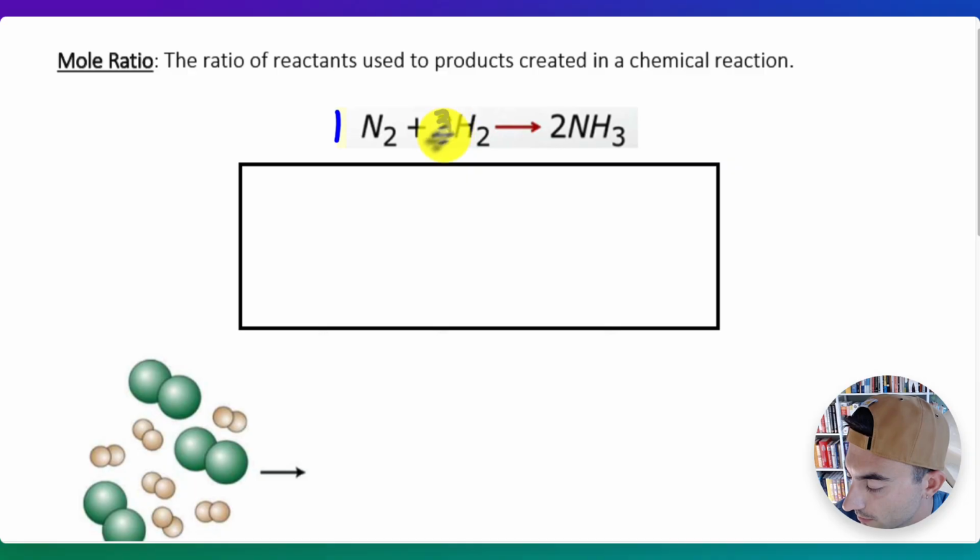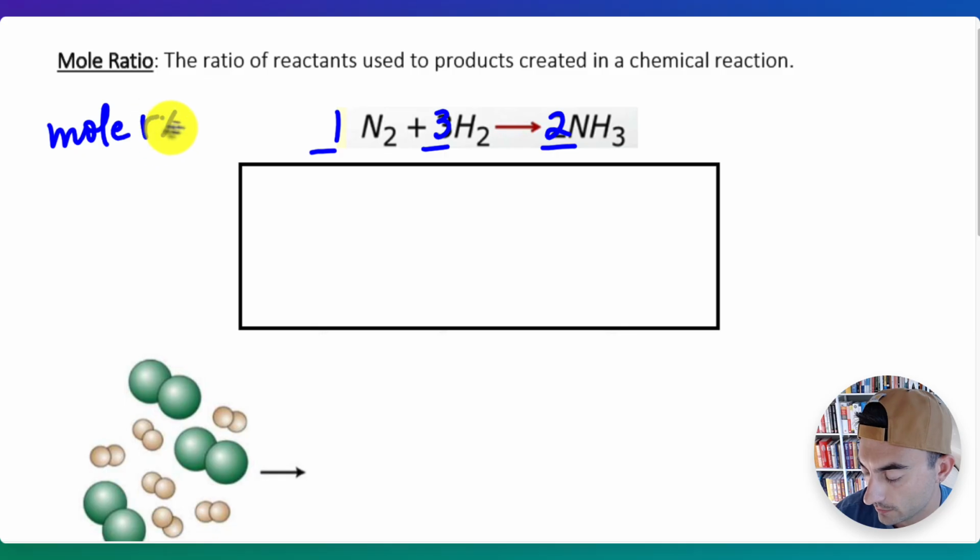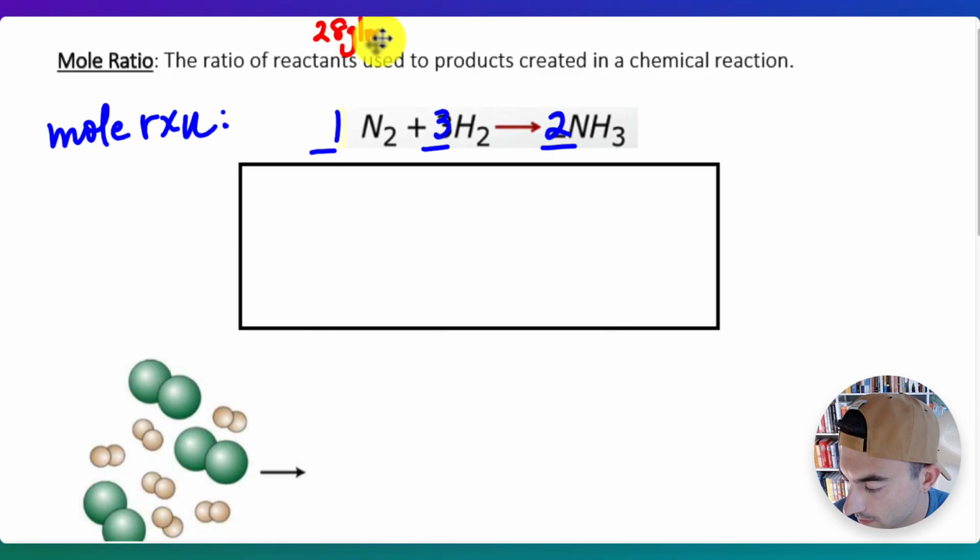Again, the first thing to do is to make sure you properly write out your chemical equation and then balance it. This gives you your standard mole reaction. That's the first thing we're looking for. The next thing we're looking for is the molar mass of each of these substances. So I use the periodic table to find the molar mass of each substance, and I like to just write it tiny above